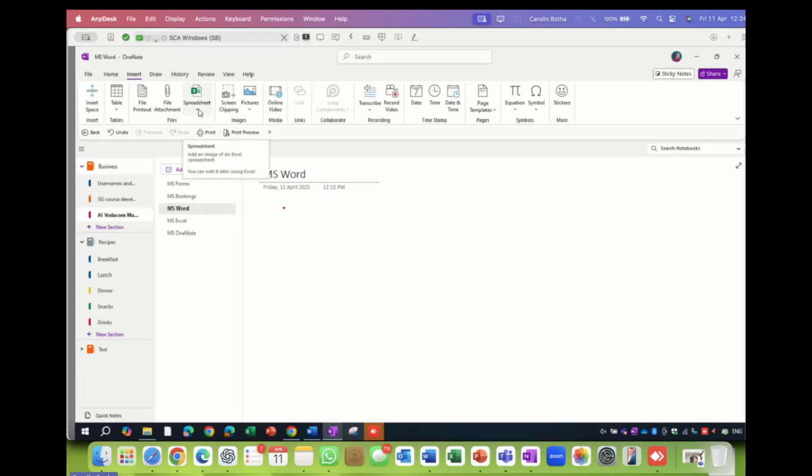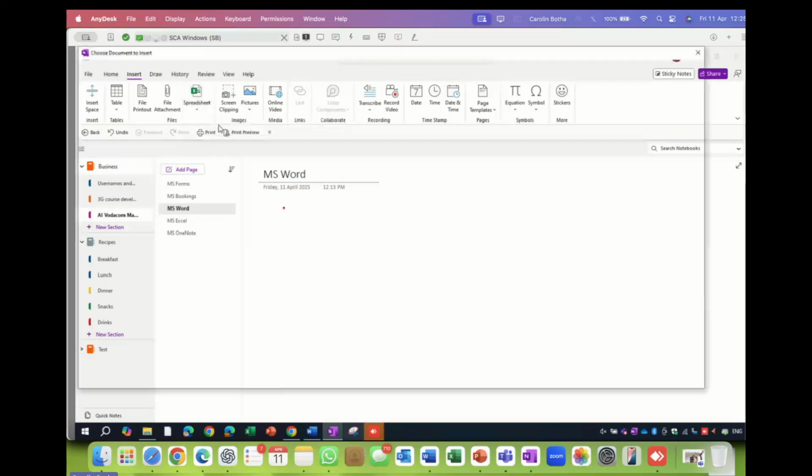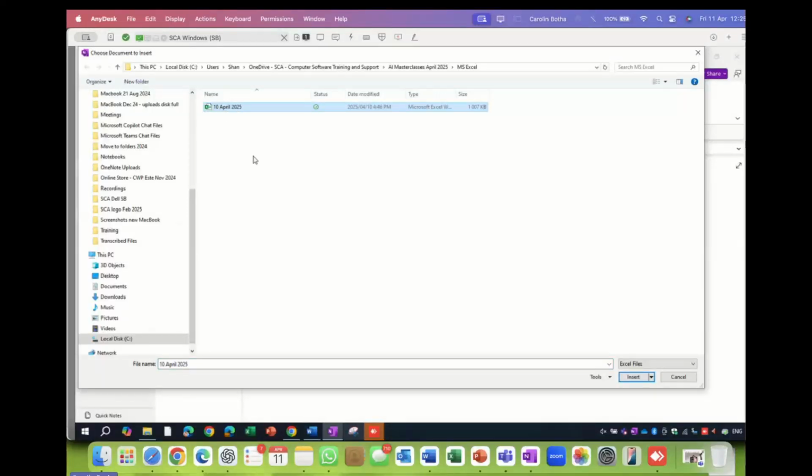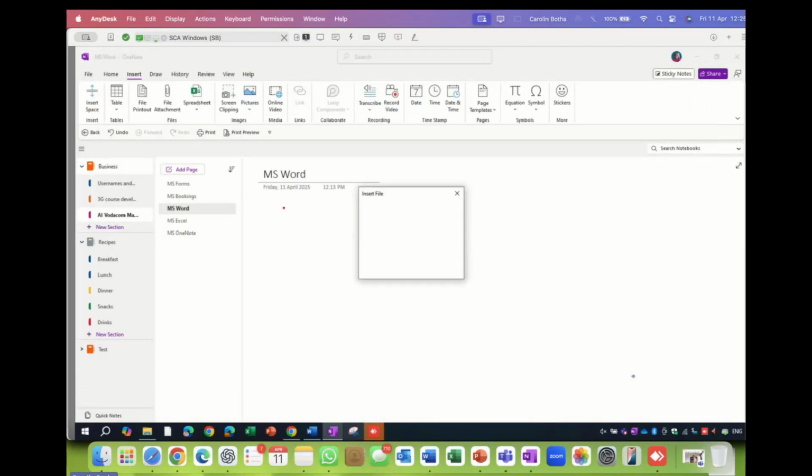We can even do, I'm just going to use these pages, guys. It's not going to be that related always. I can also insert a spreadsheet. I can insert an existing spreadsheet. So let's do that. I'm going to choose yesterday's spreadsheet in my presentation. I insert it. Once again, it asks you, do you want to insert the spreadsheet or attach it as a file? And you'll notice these three are all together. So they will ask you different options when you choose one of them, but it will actually give you all the same options, apart from the very first one.